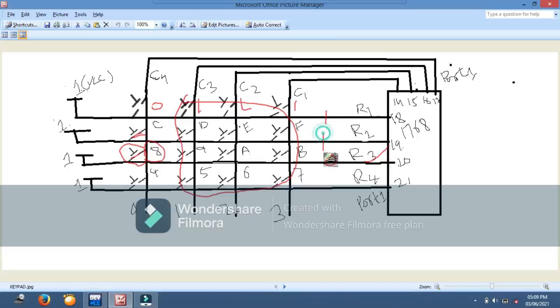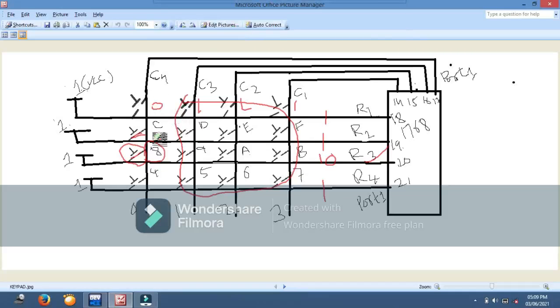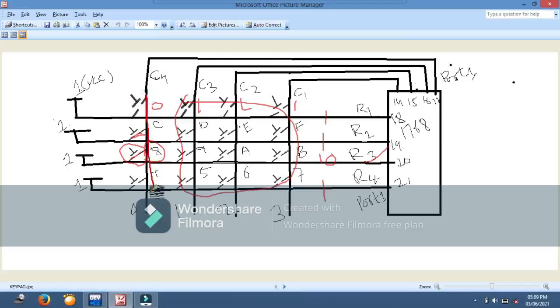So the rows are 1 1 1 1 only, which means no key is actually pressed. Therefore, by sending 0, you can find which row is 0. Based on that row, you can find which key is pressed in this column. Suppose no key is pressed in this column, then what do you have to do?